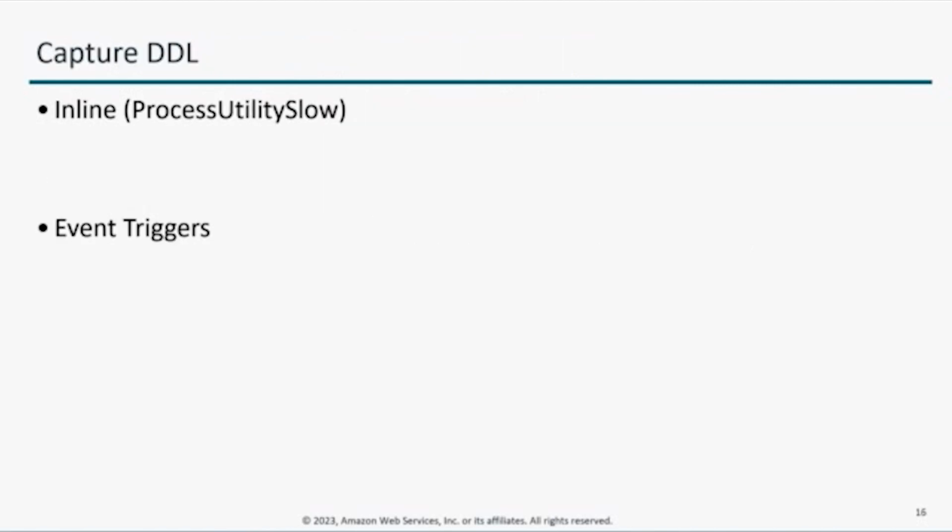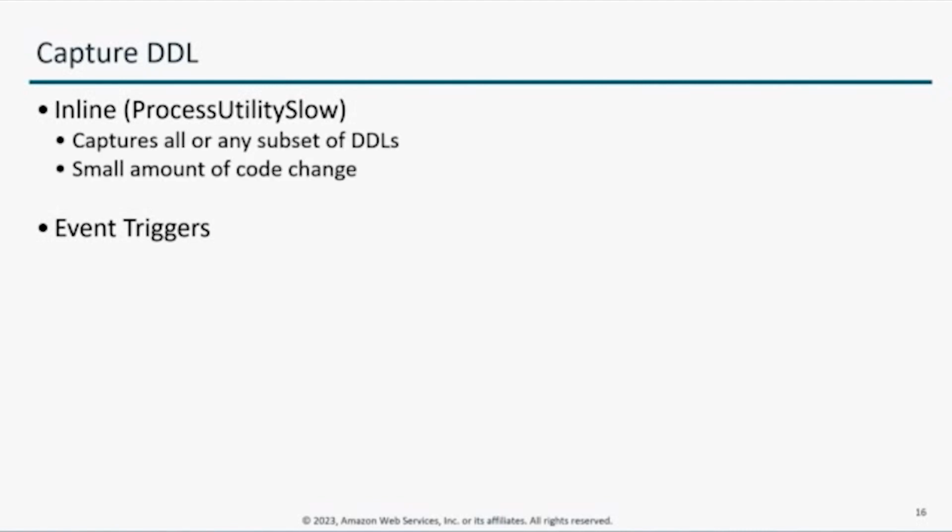In order to replicate DDLs, we need a mechanism in place to capture DDLs when they're getting executed on the publisher side. Here we have found two approaches. The first one is to capture inline, meaning in the execution code path of the DDL commands itself. This would be mainly in the ProcessUtilitySlow C function. The benefit of this method is that we can capture any subset of DDL commands, and it's a relatively small amount of code change. But we do need to handle some edge cases, which may cause some code to be scattered in the execution function of specific